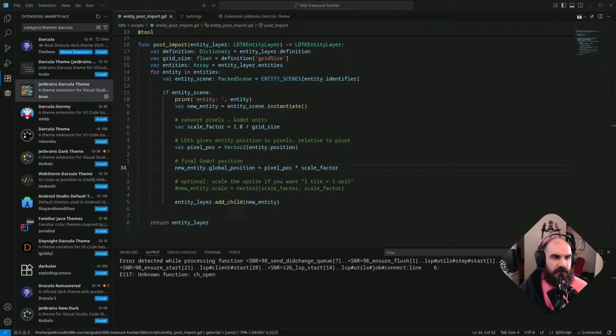Thank you for clarifying. The key point is LDTK positions are in pixels, and in Godot you want to use the same pixel positions, but the scale of the entity needs to be converted. Right, so the math should not scale the position, only scale the size of the entity. Place entity exactly at LDTK position. Adjust for the pivot difference between LDTK and Godot if needed. If your Godot sprite pivot is center,